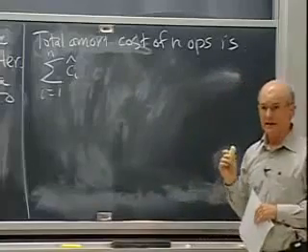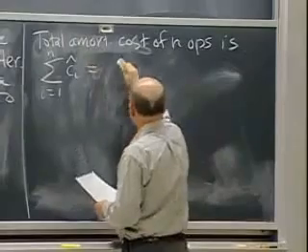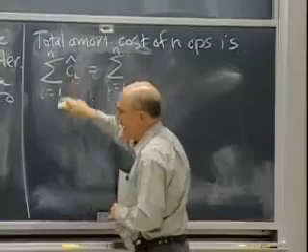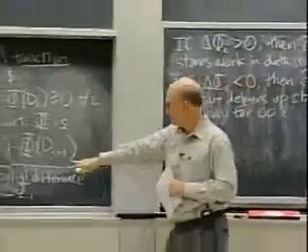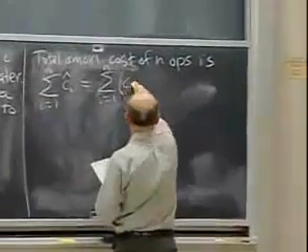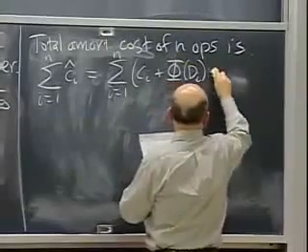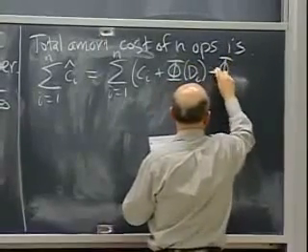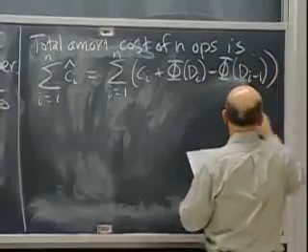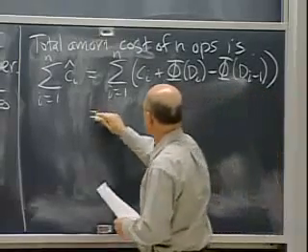That's the total amortized cost. And that's equal to, by substitution, just substitute ci hat with this formula. Okay? So that's ci plus phi of di minus phi of di minus 1. Okay? And that's equal to